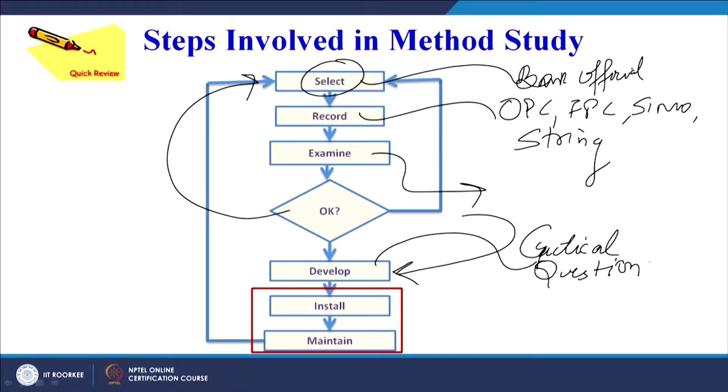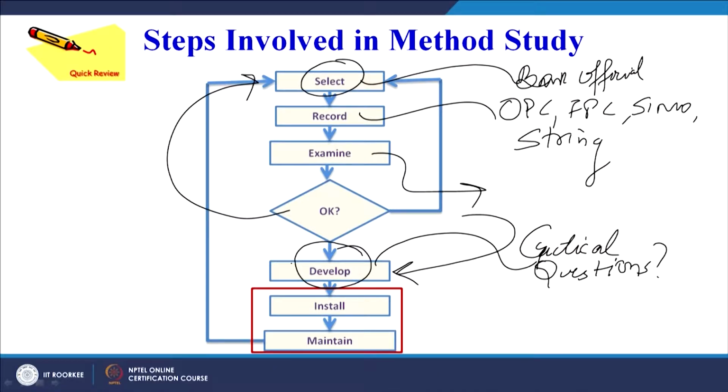A lot of questions will be asked, which we have seen in session number 33. From these questions we will be able to generate the alternatives, and then those alternatives we will further scrutinize based on technical feasibility, economic feasibility, and a number of parameters, such as which alternative will reduce the movement of men and materials the most, which alternative is easiest to implement, which alternative is least expensive to implement. So based on a number of criteria we will select the best alternative.